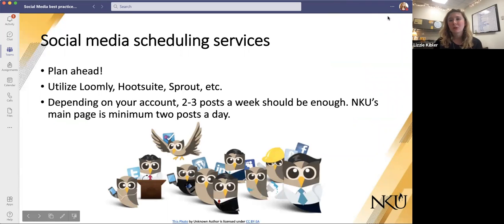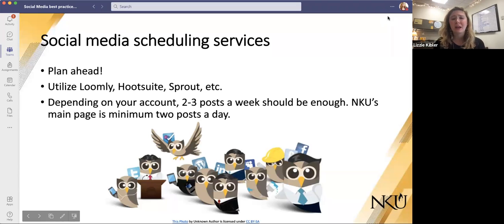Each platform offers its own option, like Facebook will let you schedule ahead, and Twitter lets you utilize a thing called TweetDeck. I can send all these things after, just in case anyone misses anything. But we use Hootsuite, like Loomly or Sprout. I have all of our channels on there, so when I post something, it goes to Facebook and Twitter and LinkedIn all in one swoop. If you can for your organization, I recommend it. It's helpful for me to plan ahead.